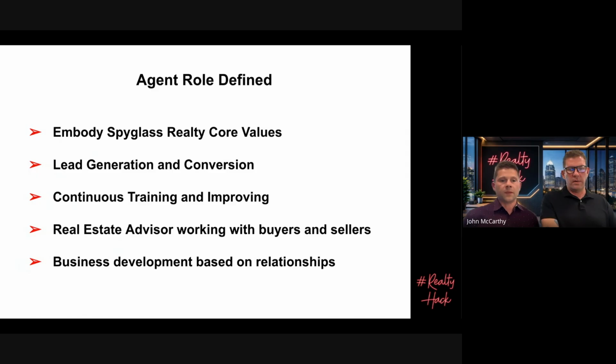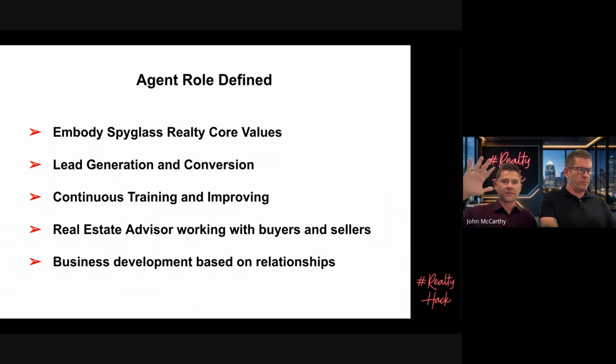So this is another exercise that we were tasked to do with our implementer early on. And this was hard, actually. He said, okay, what does it mean to be a real estate agent at your company? What does it mean to be successful at your company? It's not just, okay, if they embody your core values, that's good. But what is their defining role? What do they have to understand about what they need to do and how they need to show up? How's that going to affect their business?